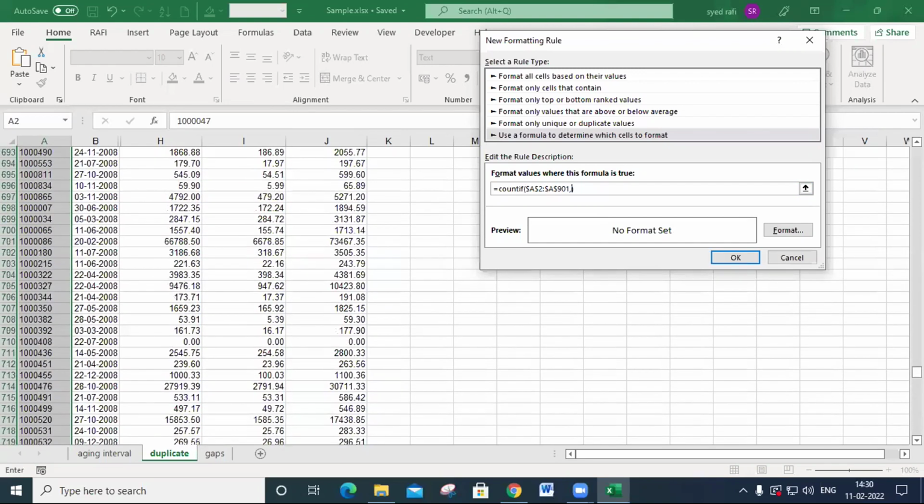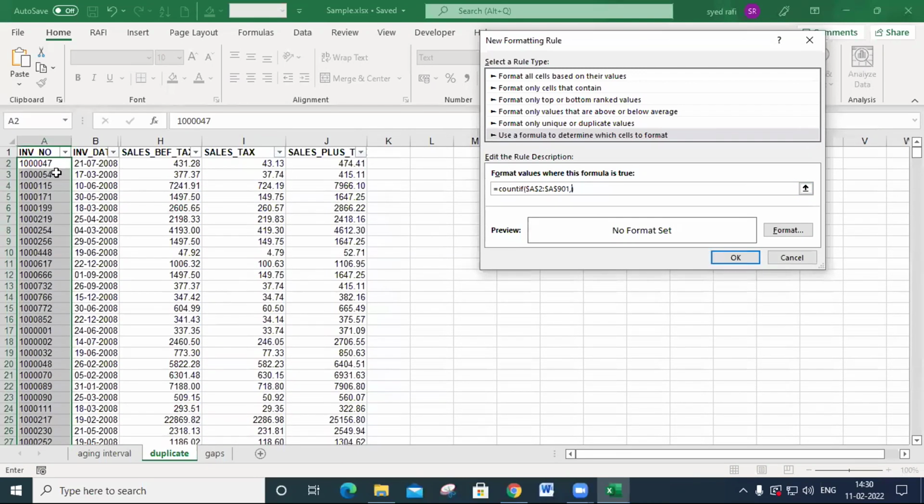and criteria. So what is the criteria? I click here, and I want to remove this dollar, because to navigate, the first invoice number will be taken and checked in the other invoice numbers. It compares, and however many times it is repeated, it will be counted. And next time the second invoice number will be taken and checked in the remaining range and it counts, and it takes the third. So in this manner,